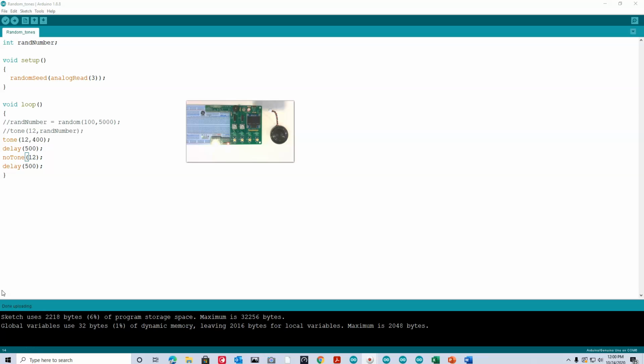Okay, the next example we're going to look at is using the speaker and the tone function. In this case, I'm not using a random value; I'll get to that in a second. Here I'm using a tone function on pin 12 at 400 hertz, kind of a low frequency, with a half-second delay. And then I'm also using a function called noTone, which basically will turn the speaker off for half a second. So if I hook the speaker up here,